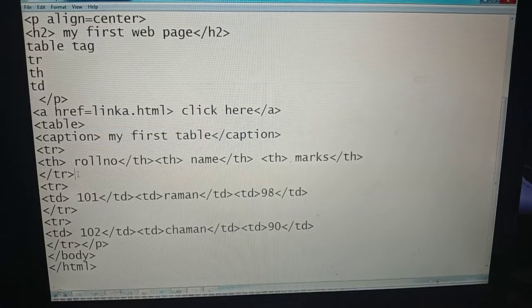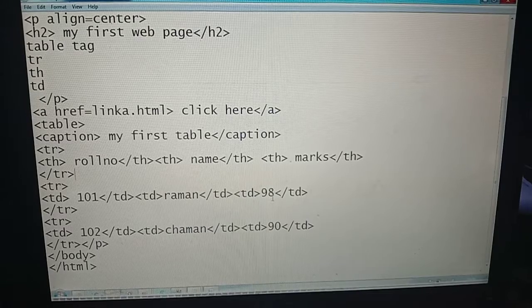Then tr close, and now we define the table data, that is td 101, td close, td Raman, td close, td marks, this mark is 98, td close. The first row of data, the first record, is completed. Now we close the first row with /tr.